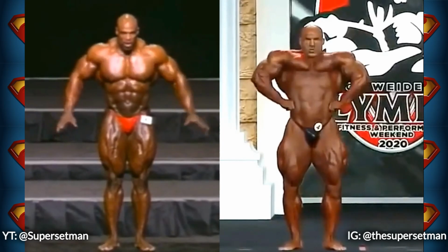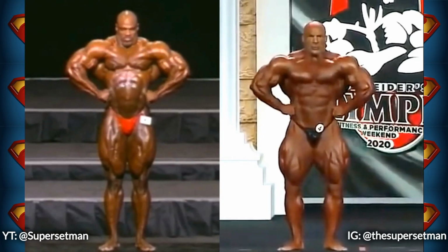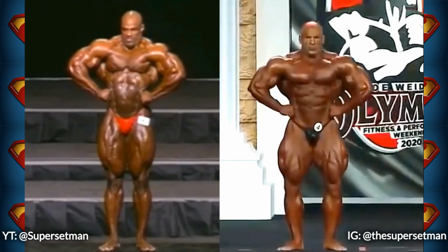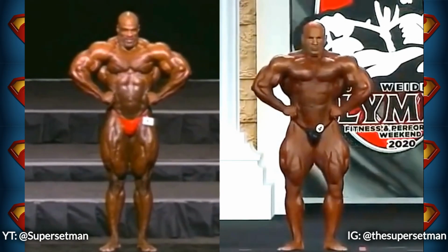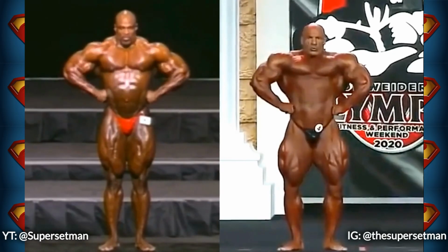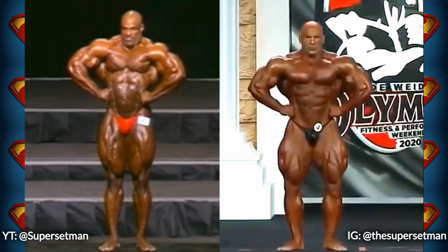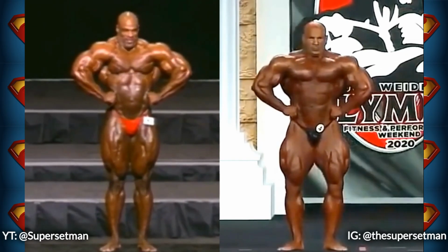Moving on to the front lat spread pose, I want to mention that throughout this video, if you believe Big Ramy should look taller in comparison to Ronnie, have in mind that he tends to lean down more from his knees. These two have two of the most impressive front lat spread poses of all time, but we can observe